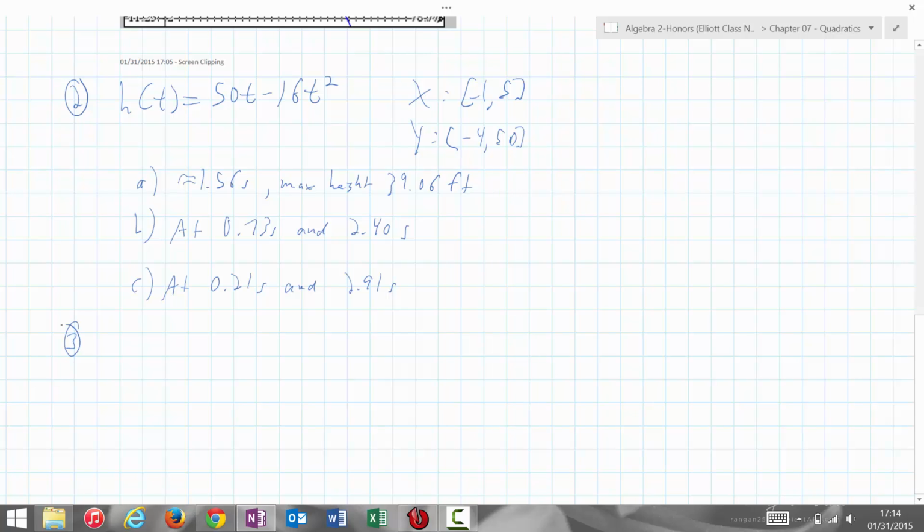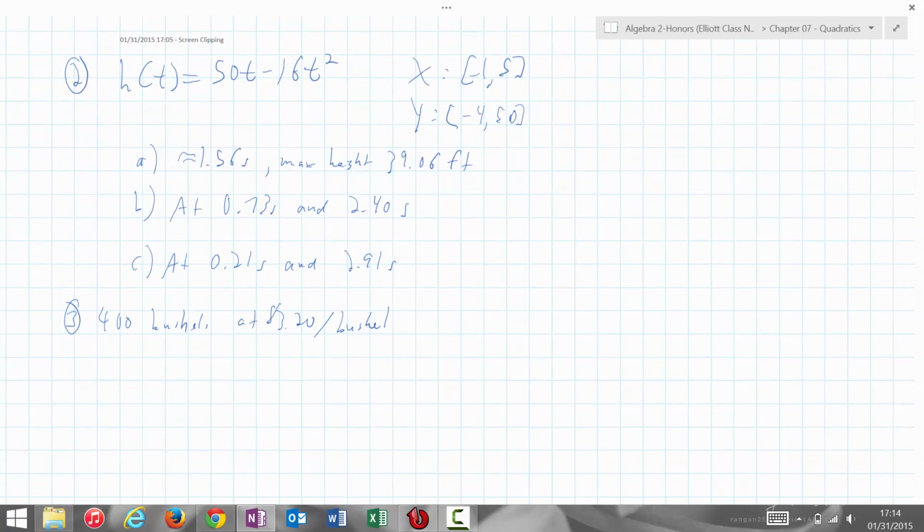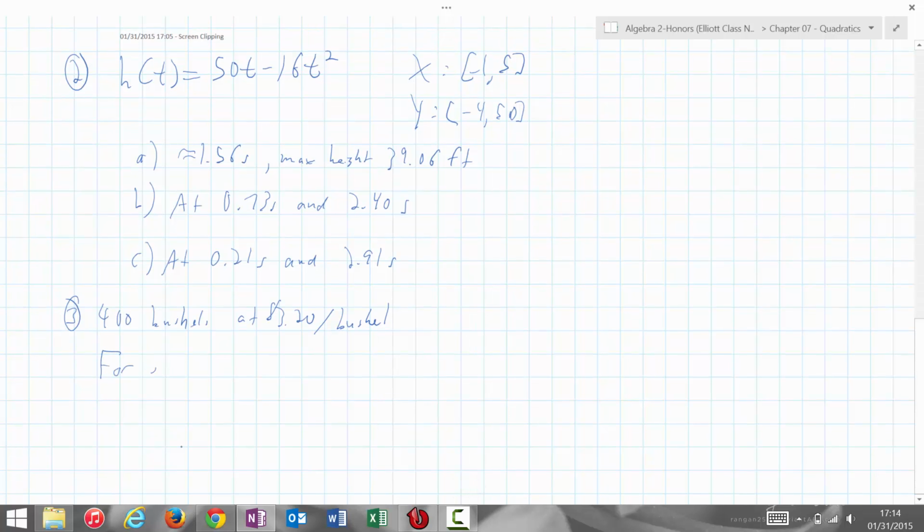Number 3, a potato farmer has 400 bushels of potatoes that she can now sell for $3.20 per bushel. So I've got 400 bushels at $3.20 per bushel. For every week she waits, the price per bushel will drop by 10 cents. So for every week waited, price per bushel decreases by 10 cents,